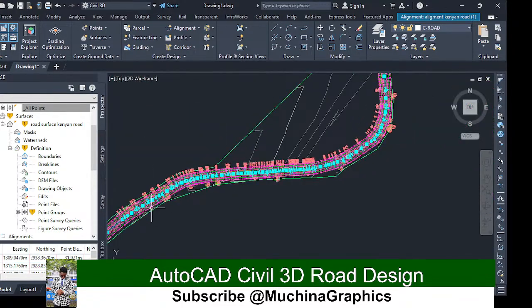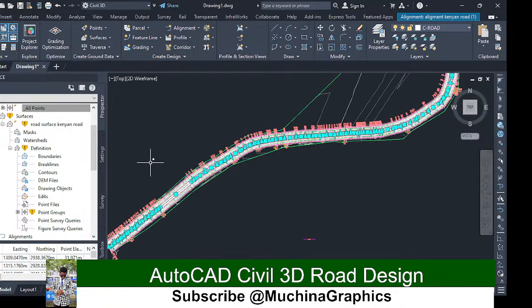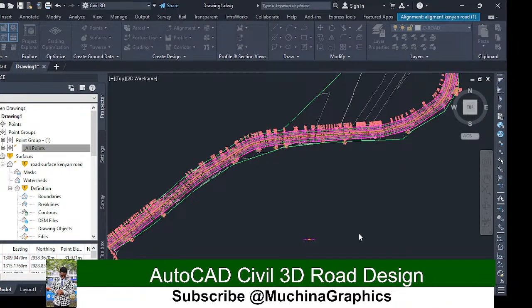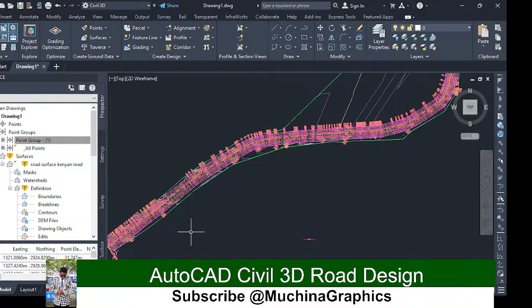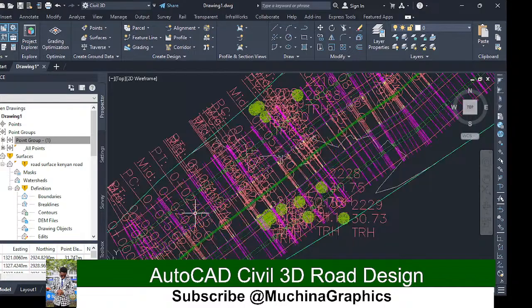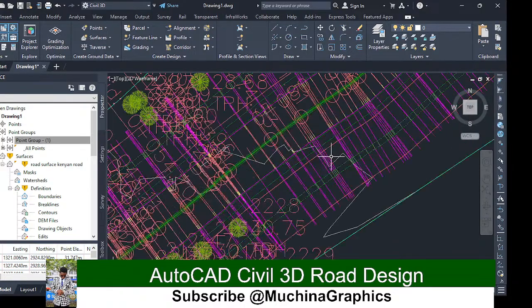I'm going to go to points again and then cross them so that you can see whatever we have. So I'm going to all points, properties. I'm just going to include none, include none. So we're going to have none here. Description none. Then I click apply and click OK. So I wait for it to move all the points here. So the only points that are remaining are for the